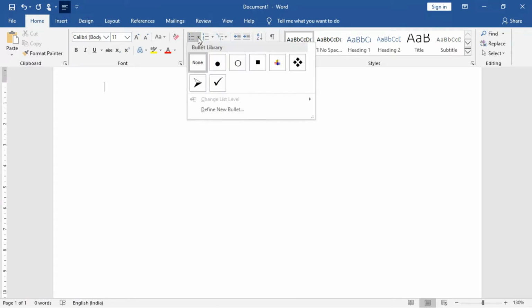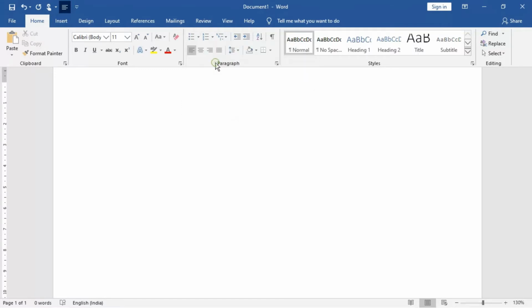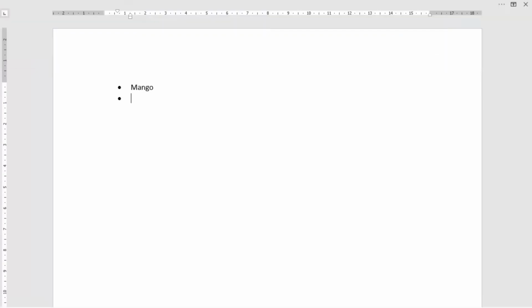Now if you want the structures, bullets and all, you click over here, and automatically it will appear. Say I'm writing my favorite fruit: mango, then watermelon, then apple, then orange. The bullets are appearing automatically. When you finish, just press enter, the extra bullet will come, and then you can press enter